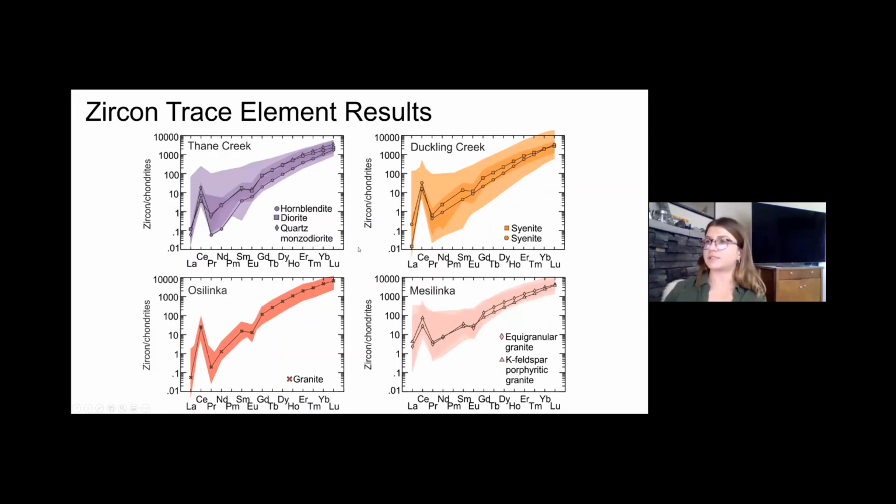And we also looked at zircon trace elements. Shown here are the zircon rare earth element concentrations normalized to chondrite for each intrusive suite. For the purpose of this talk, I'm going to focus on Europium anomalies, and Taylor had a good introduction with that because they may be used as proxies for oxidation state or water content in magmas. Less negative or more positive Europium anomalies apparently indicate either increased oxidation or water content in the magma. And this is because elevated water content may cause suppression of feldspar crystallization to later in the magma, which would result in a higher Europium anomaly in the zircon. Whereas an oxidized magma may convert Europium 2+ into Europium 3+, which cannot be incorporated into plagioclase, but can be